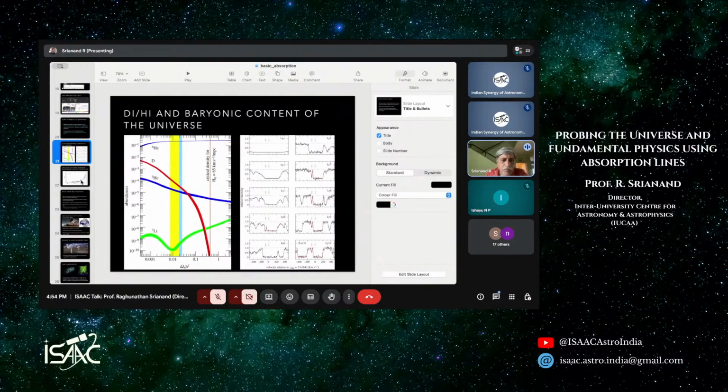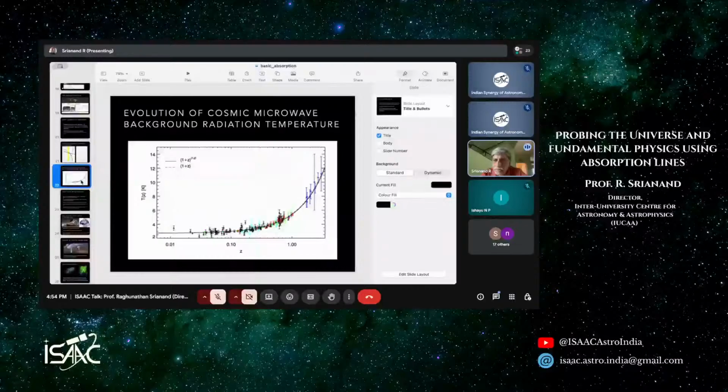Of course, I am going to go to the next question. If that is the case, and I go back sometime in the universe, what will I look at? I should see the radiation temperature to be higher than what it is today. Today it is 2.7, and if you go back in time, the radiation should become higher and higher in temperature, because it's getting compressed into a smaller volume. And how should it be changing? This is the curve which is given here.